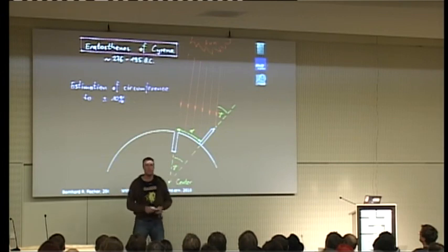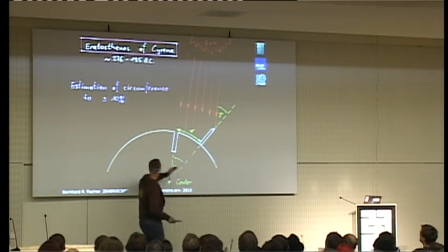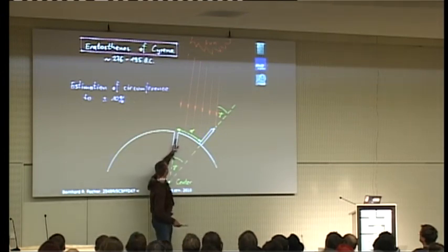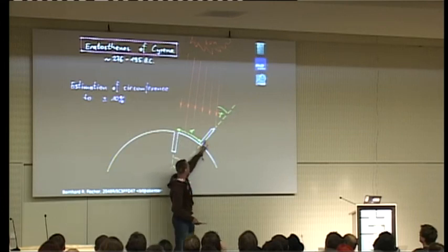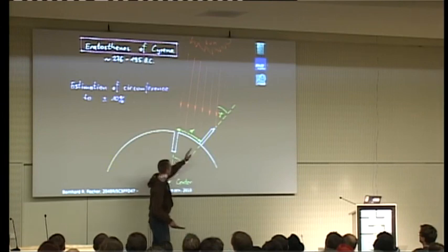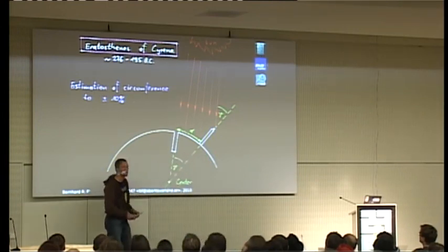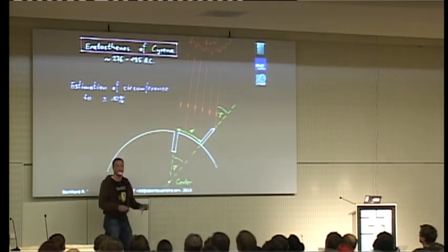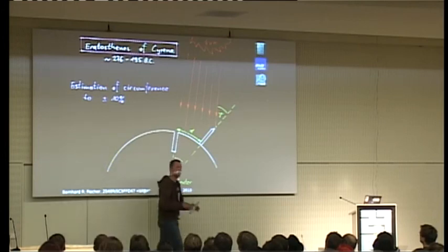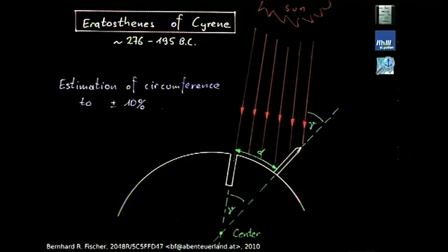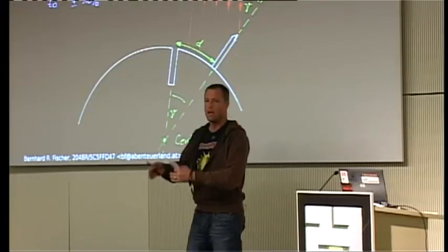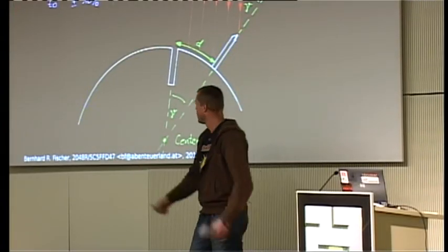They knew that it has parallel light. So if it falls down here, we know exactly the sun is on top, and then we can measure the angle from how, let's say, how curved this tower on the other side is. And if we then do a little bit of math, we can roughly calculate the circumference of the Earth, which is important if you have some degrees in measurement and you want to convert this to an actual distance, okay?